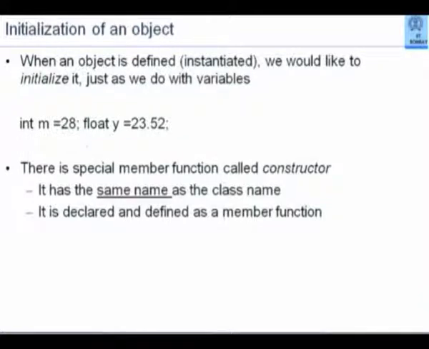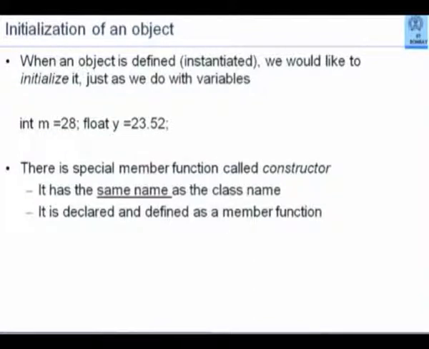So, a constructor function has the same name as the class name. And in fact, that is how C++ recognizes that what you are calling is a constructor function. So, obviously, its purpose is limited. Its purpose is that it is invoked only when an object is defined or instantiated. It is not invoked any time later. And whenever it is invoked, it is capable of assigning initial values to the object. There are multiple forms of the constructor function, different forms; we shall see two of them here.